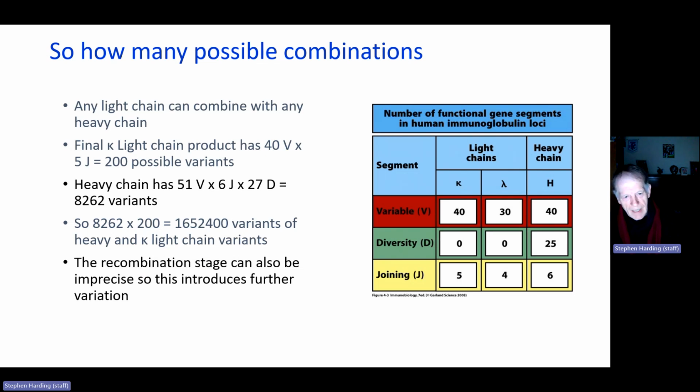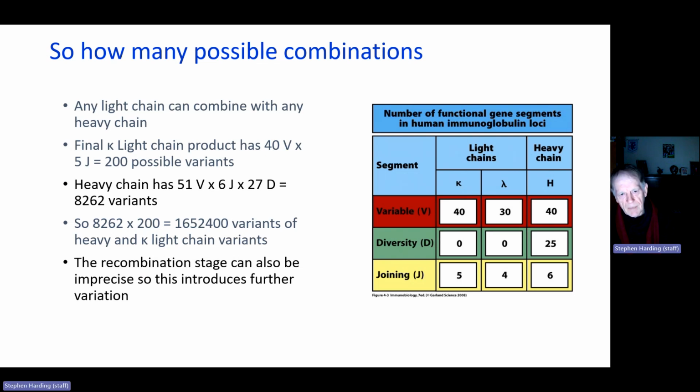And then we can get much further variation because the recombination stage can be imprecise, and this introduces further variation. So that's the basis of how we get such great diversity